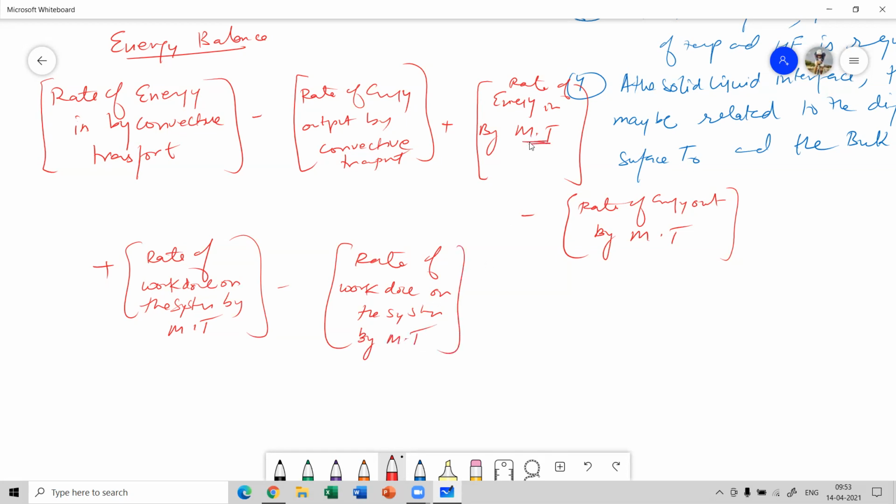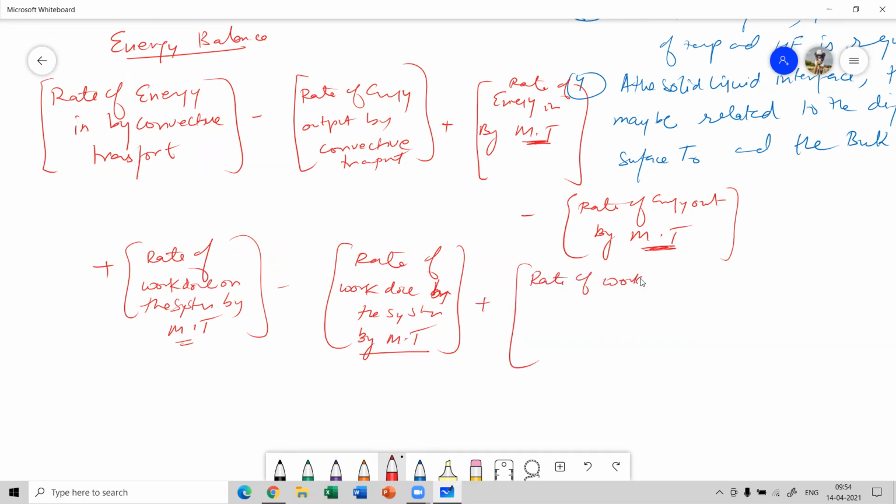Sorry, remember this is molecular transport. It's not mass transfer, it's molecular transfer. Let's talk about molecular transfer. The mass which is entering, let's convert it in terms of molecular transfer. So rate of work done on the system by molecular transfer, rate of work done by the system because of molecular transfer, plus